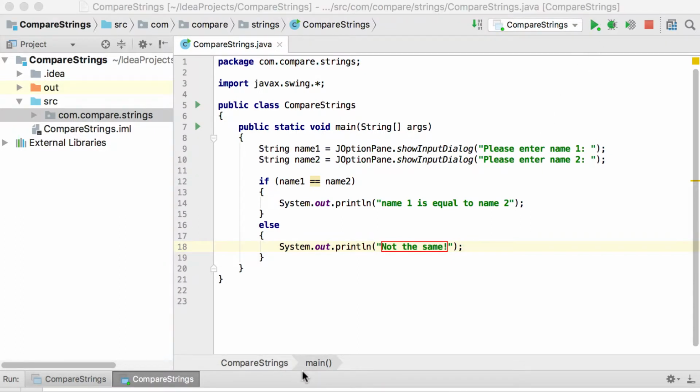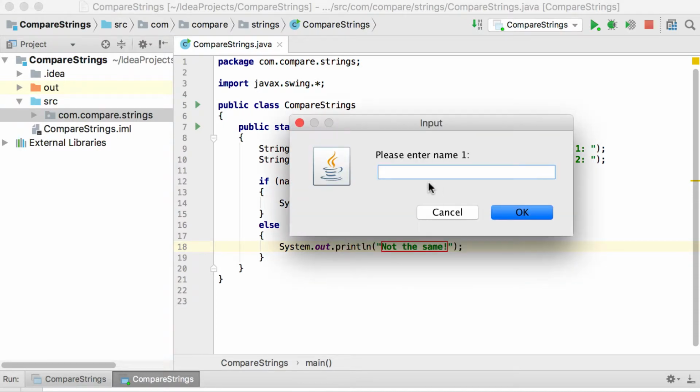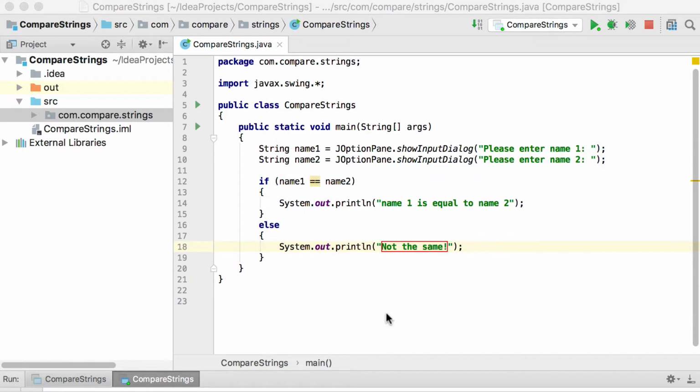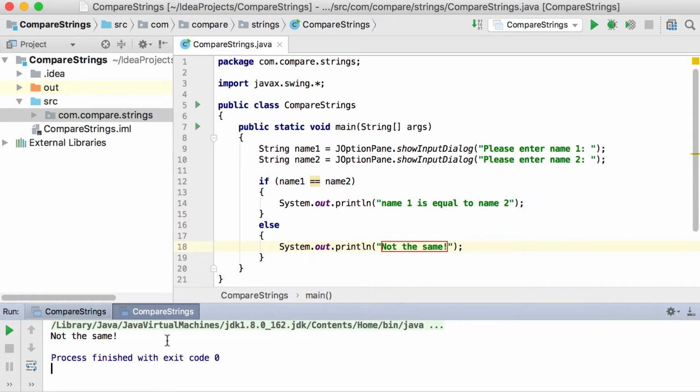Okay, let me just check the output at the bottom after this. So we're going to say, please enter name 1, and I'm going to type Peter there. So look at the spelling of Peter there. Capital P, all the rest lowercase, it's Peter. And I'm going to type Peter again. So it's exactly the same name that I'm typing. And if I say OK there, and I open up here at the bottom, you will see it says it's